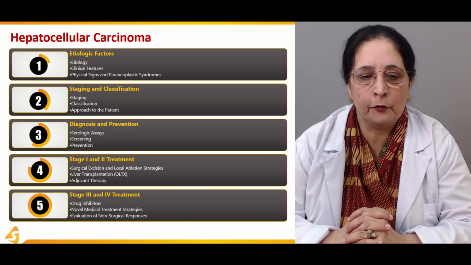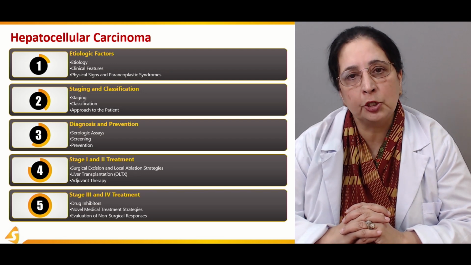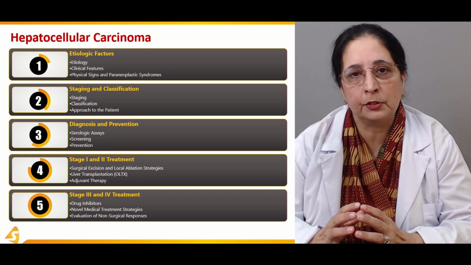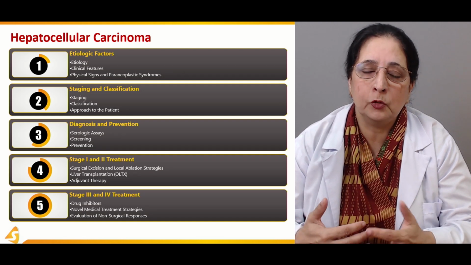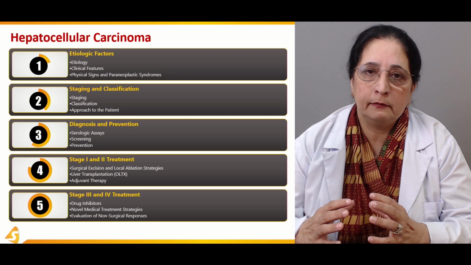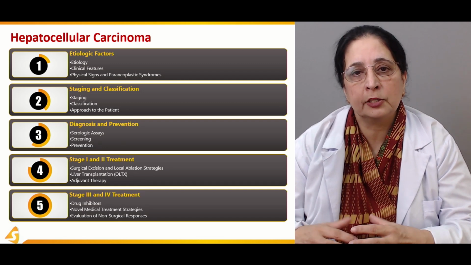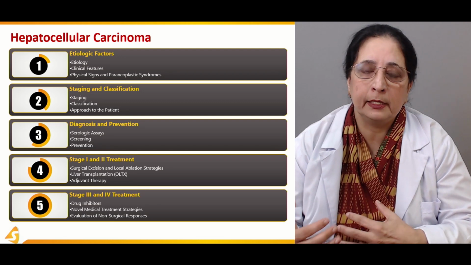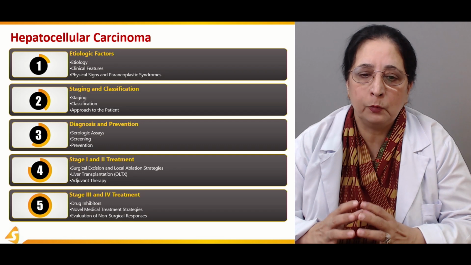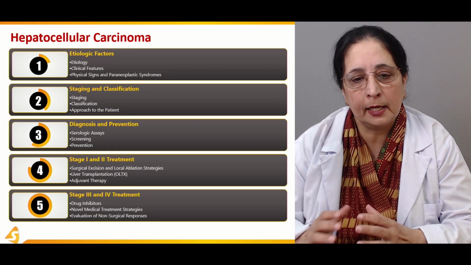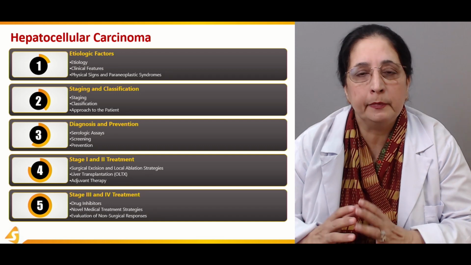In the fourth section, we will discuss the stage 1 and 2 treatment of hepatocellular carcinoma. All the cancers and carcinomas are divided into different stages depending on the histological pictures and the clinical signs and symptoms. So stage 1 and 2 treatment, and then in the fifth section we will talk about the treatment options